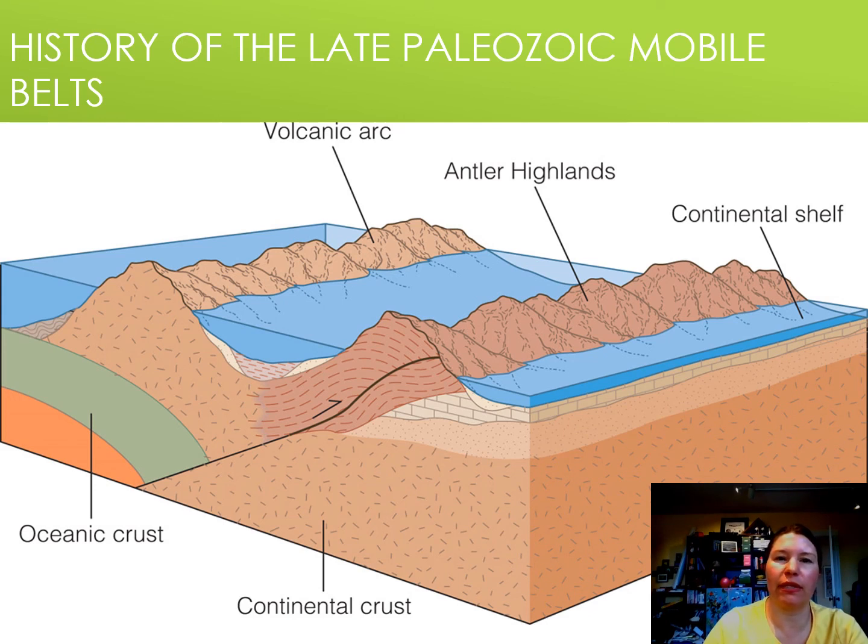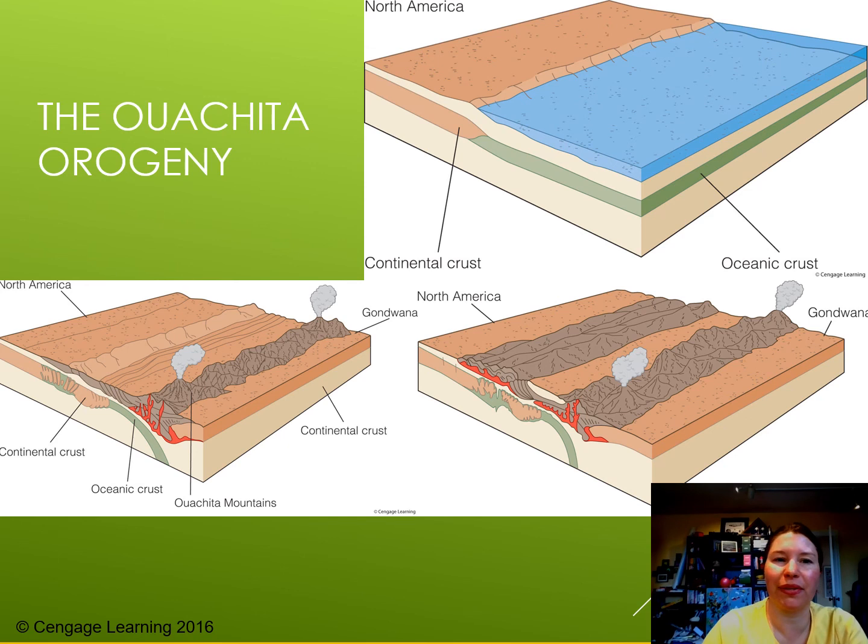Okay, the Antler orogeny. So this is an image of the reconstruction of the Cordilleran mobile belt during the early Mississippian period. So we have deep water continental slope deposits being thrust eastward over shallow water continental shelf carbonates or limestone, forming the Antler Highlands. So we have this thrusting occurring, so a big thrust fault going on here. So this rock would either not move much or maybe move down a little bit. This rock is being thrust up over top of it, forming the Antler Highlands, and again, the ancestral Rockies. All right, so we're starting to get some mountain building going on.